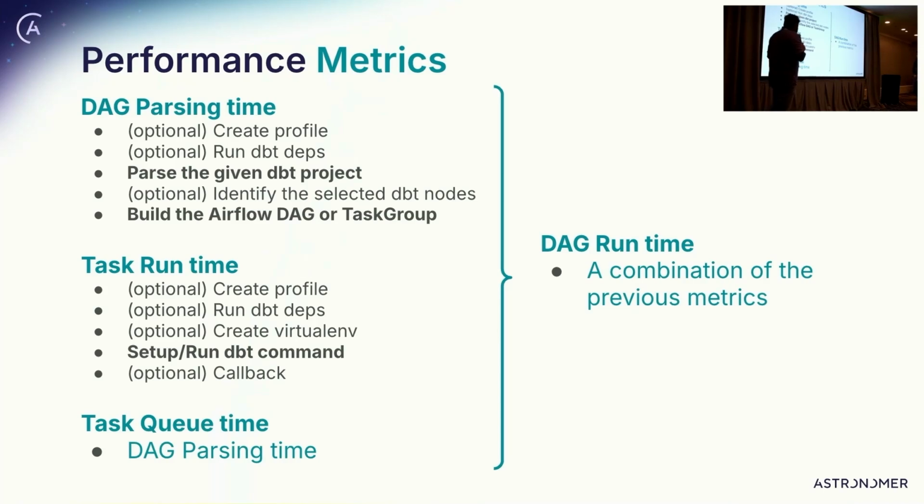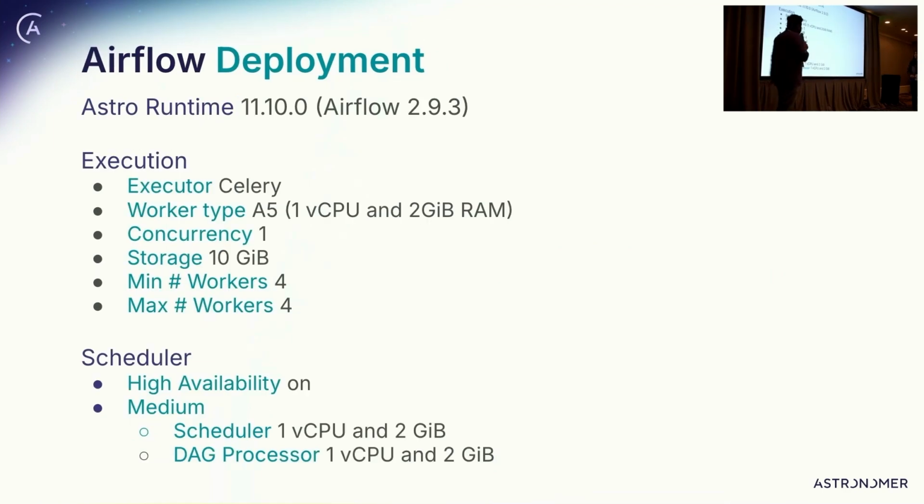One of the improvements we saw is, once your DAG is created, you trigger a DAG run. The tasks were running, but the queue time was more than what was expected. This is where the DAG was getting parsed every time on the worker node. DAG runtime comprises all of this together, and the end objective was to optimize this DAG runtime.